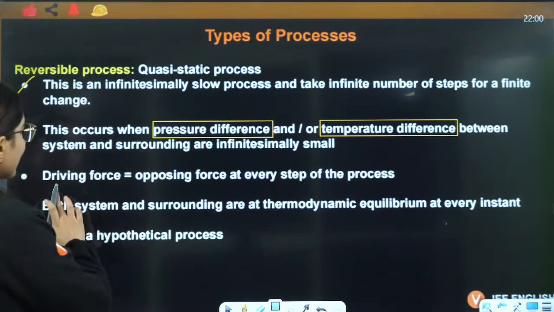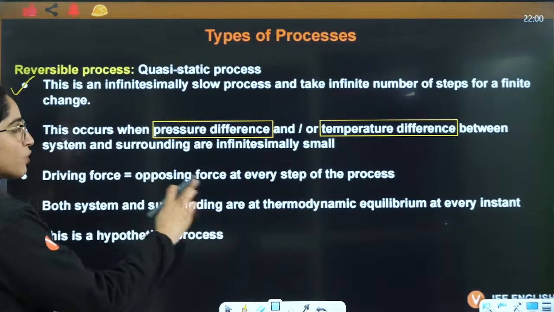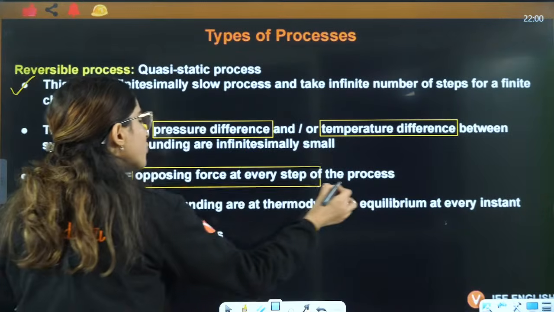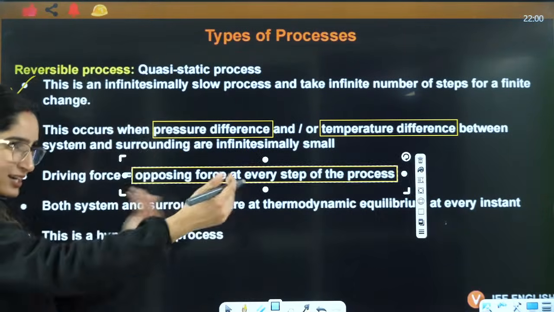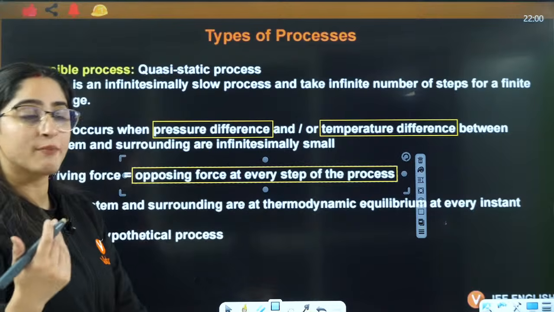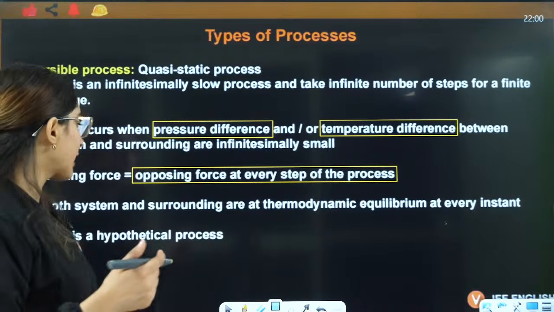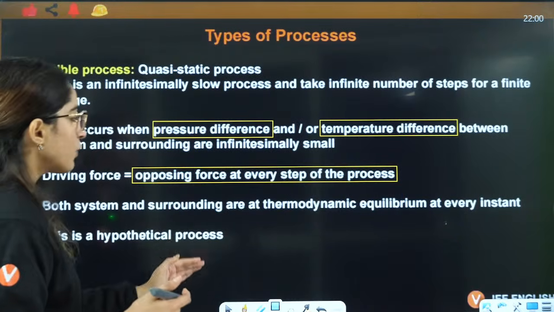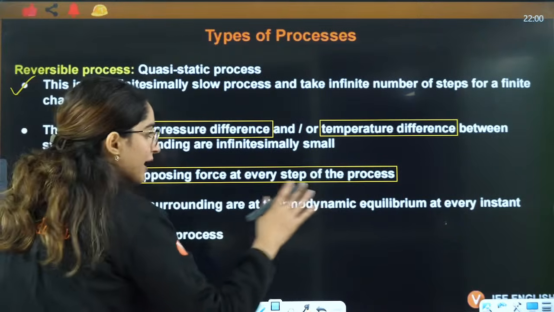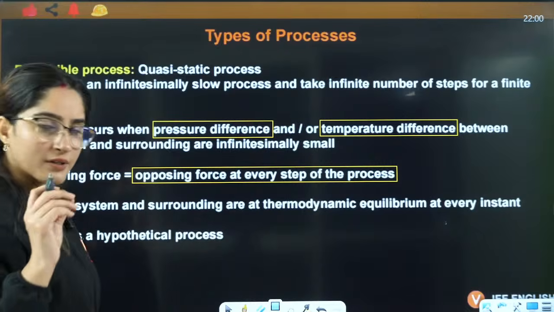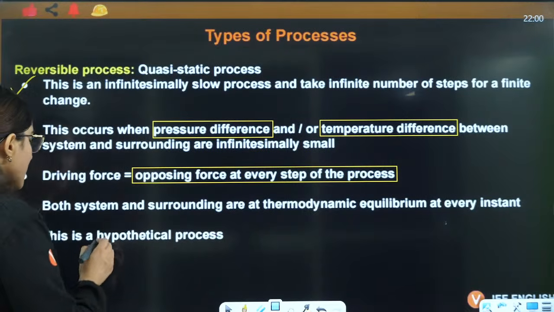Then there is an opposing force at every step. So why is it reversible? Why is it getting backward again and again? Because there is some opposing force that is making it go backward again and again. Both system and surrounding are at thermodynamic equilibrium at every instant. At every instant, there is thermodynamic equilibrium. It is a